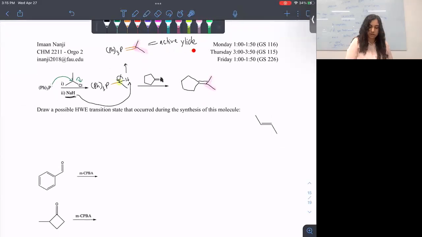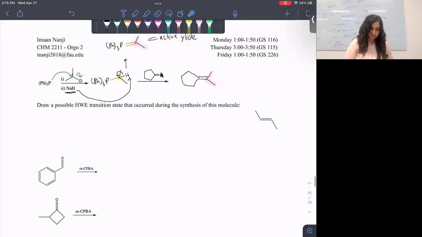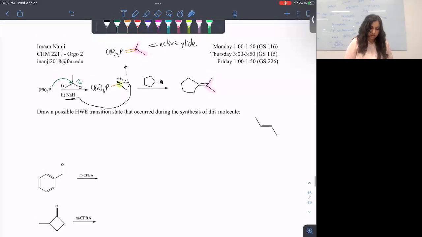But the thing is, you have to make sure you have your active ylide. Otherwise, it's not going to react with the aldehyde or ketone. And you need to have some kind of base to deprotonate it to make it active. All right, so